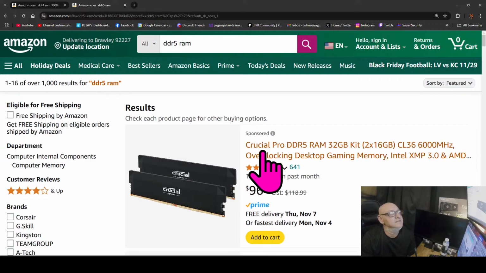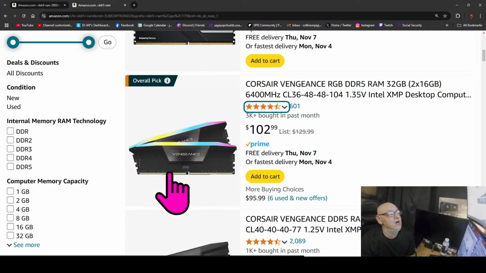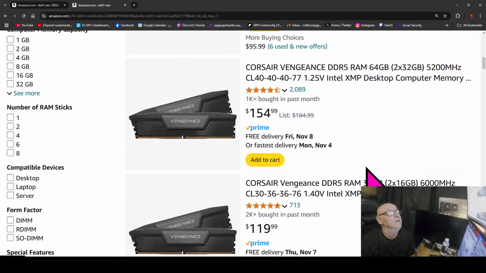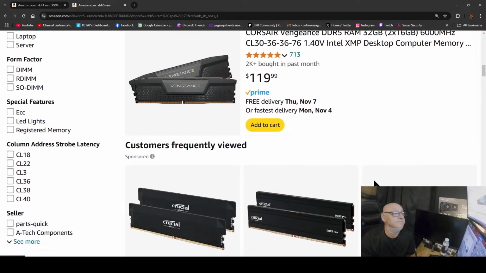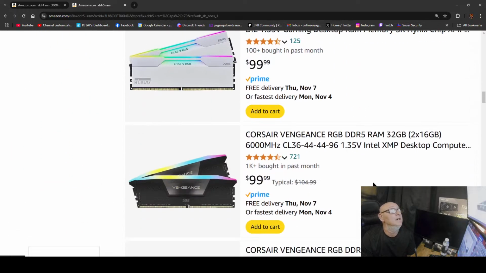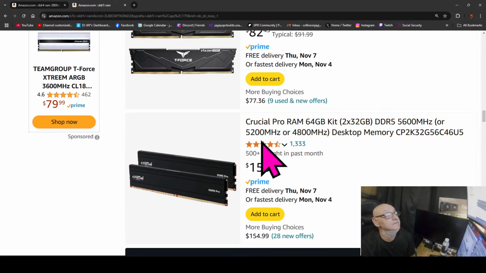But this is their Pro version right here. That's their Pro version. This is an RGB version. So if you want the RGB, which I don't prefer RGB on the RAM, then you can go that route. Or you can get something like that. That's newer type Vengeance. Let's see. Keep moving. What are we going to find? 6,000, 5,200, 5,600,